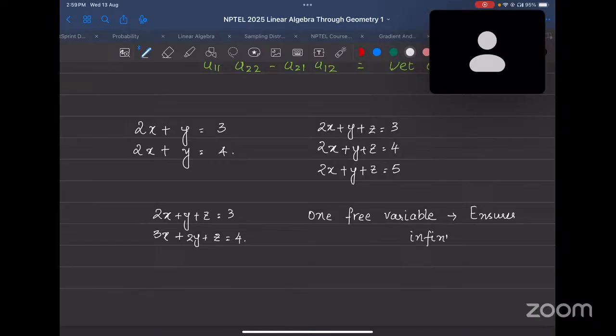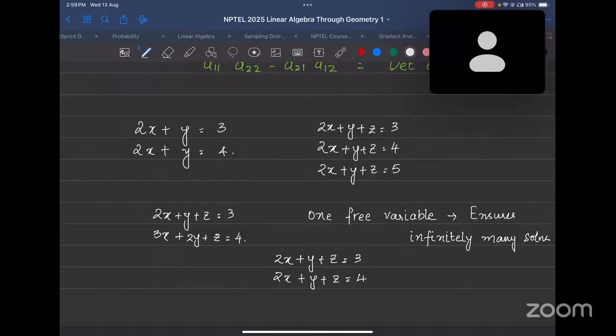However, let's look at this. Suppose I have a different set of equations where I have 2x plus y plus z is equal to 3, and then I take 2x plus y plus z is equal to 4. This is also a system of two linear equations with three variables. But the only thing is, in this case, you will not have a solution because